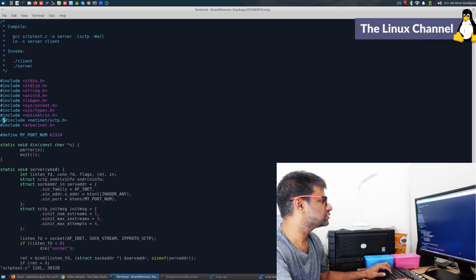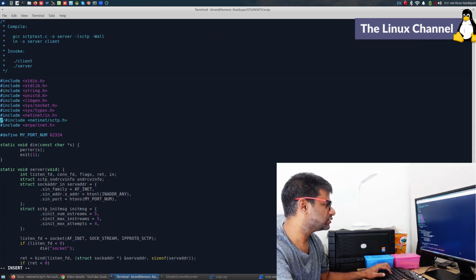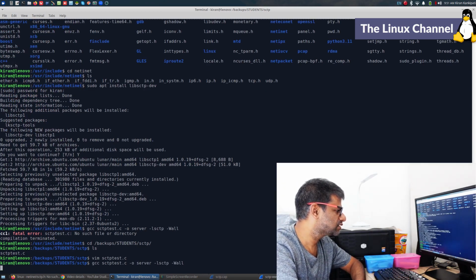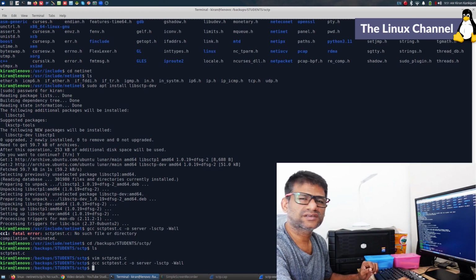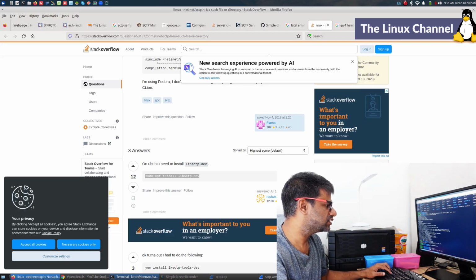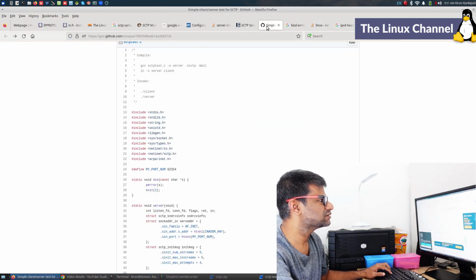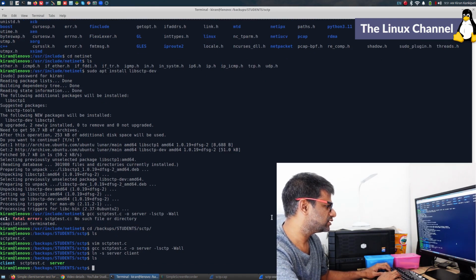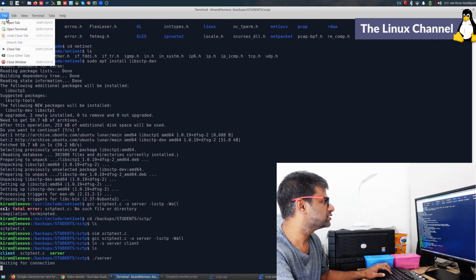in SCTP test.c. So I just commented, what I do is I uncomment, and then we compile. So you can see there it got compiled, and the author says to do this ln command for server and client. Let me do that, and let me run the way he suggests. Okay, SCTP server and then SCTP client,